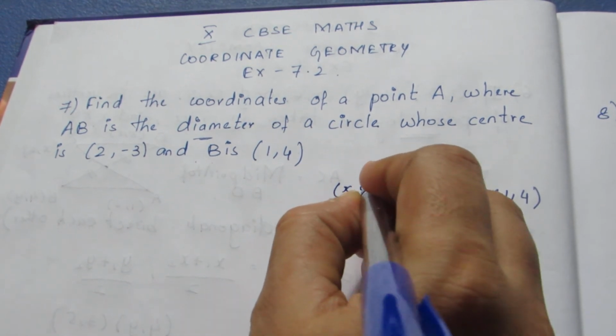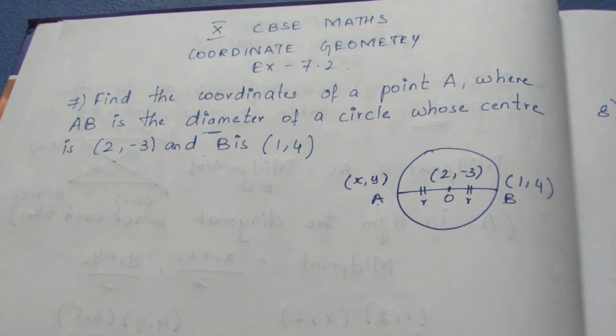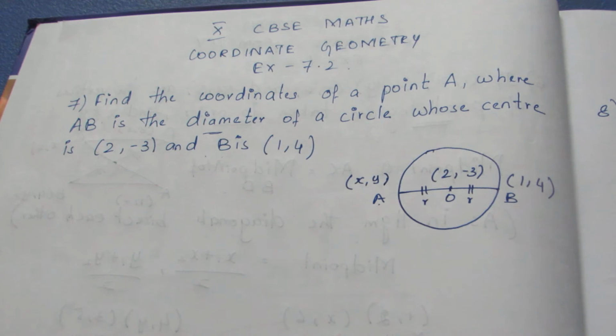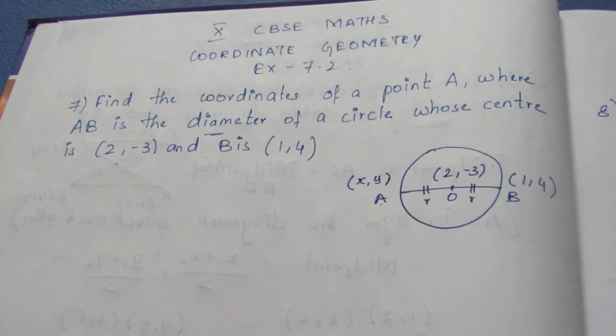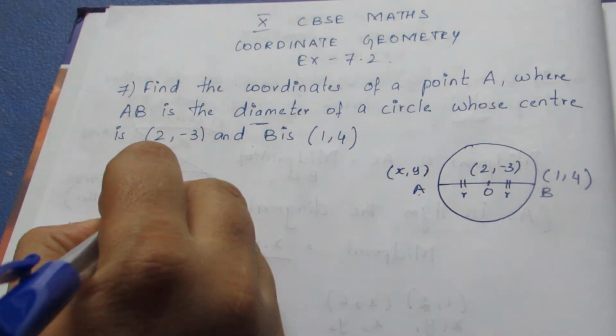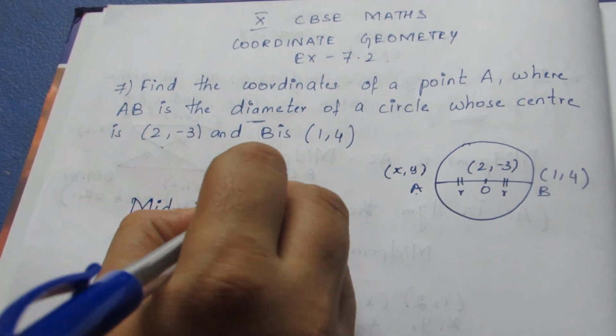We don't know this, so I am just taking this to be (x, y). We want to find the coordinates of A, that is (x, y). We need to find it. They have given B and they have given the midpoint, that is O, the center. As it is a midpoint, we can directly take the midpoint formula. So the midpoint formula is